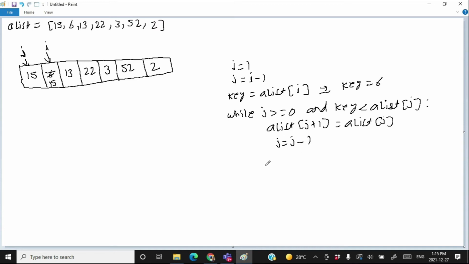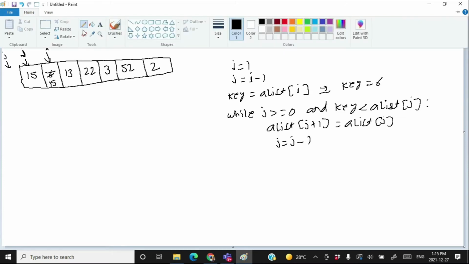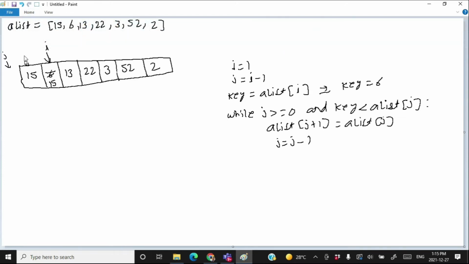Okay, and do j is equal to j minus 1. So j will be reduced to minus 1 now. J will be removed from this position and will go to minus 1. Now again, if you check, if j is greater than equal to 0, no, this condition is not satisfied now. And if the while loop comes to an end because its condition is not satisfied, then I'm going to execute an else for this while, where I'm going to store the key a list j plus 1